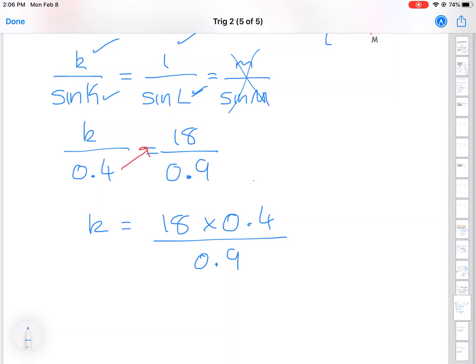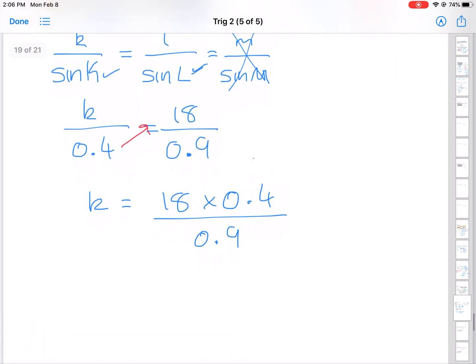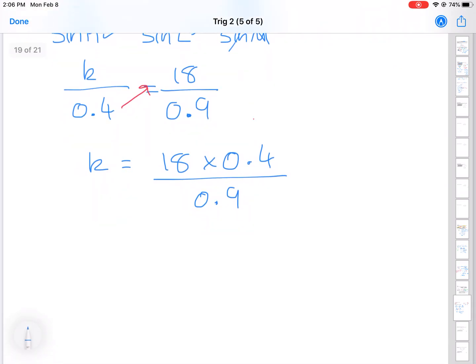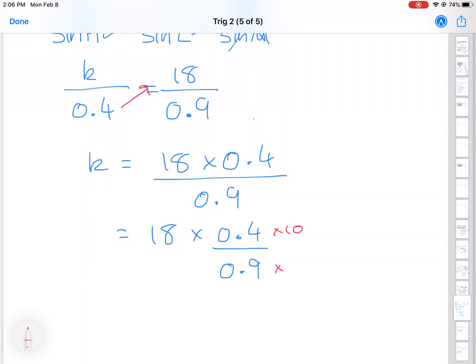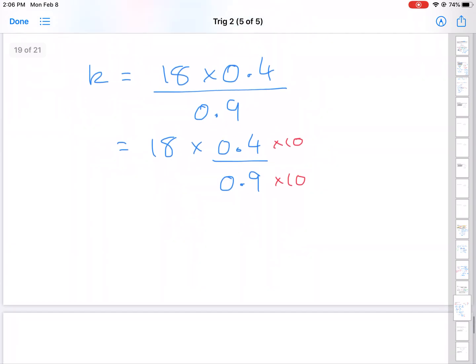This is the same calculation as saying it could be 18 times 0.4 over 0.9. If I was to times those two together, I would get the fraction that I've got up top. The reason I'm doing this is because now I want to create an equivalent fraction, timesing both top and bottom by 10,